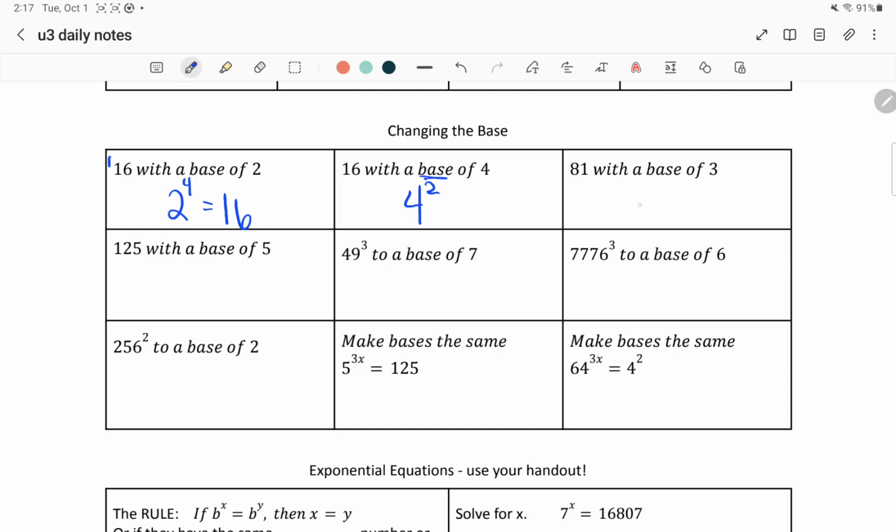81 with a base of 3, so big 3. I see on my chart 3 to the 4th is 81. 125 with a base of 5. We already kind of did this one. So I'm going to look at my 5 column and I'm going to see that 5 to the 3rd equals 125. And that's one thing we can do. The next thing